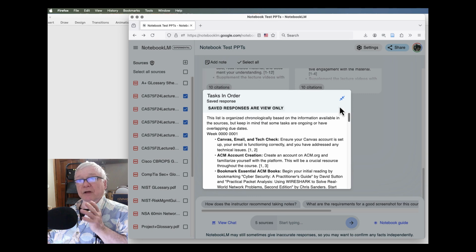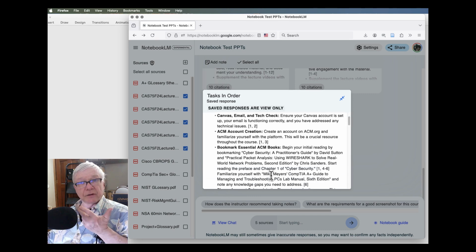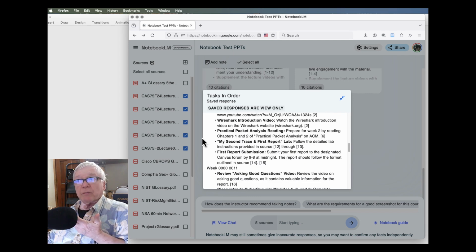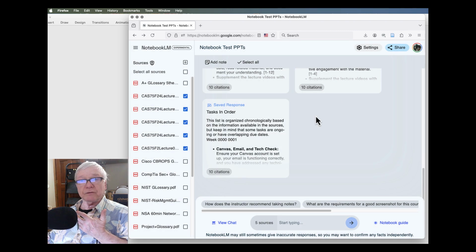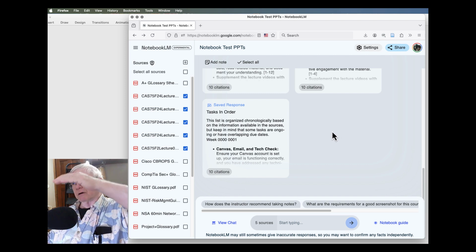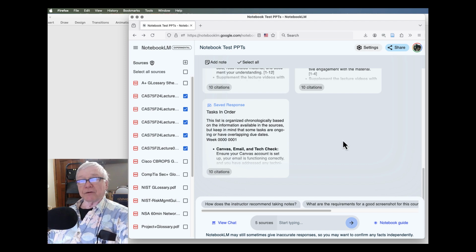So of the 5 that I put in here, here are all the tasks in order that were contained inside those PowerPoints. That was actually one of the questions that was brought up in Piazza. And normally in a higher education class, you would be responsible for taking those notes individually yourself and each week concatenating them. Well, if you didn't catch up or you're running behind or something like that, well, how about that?